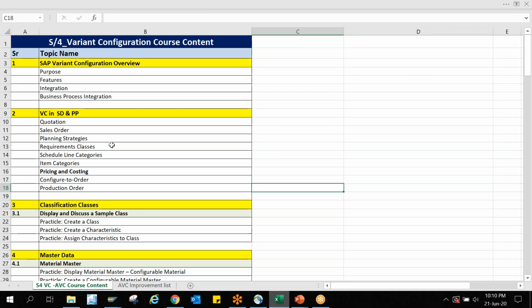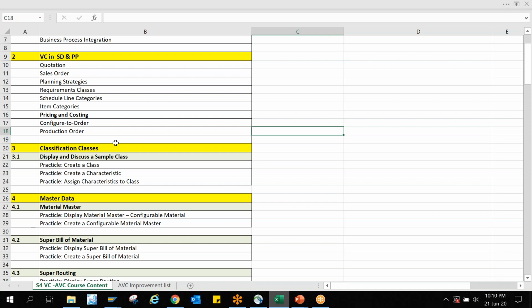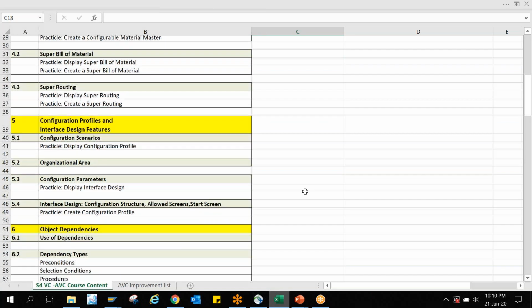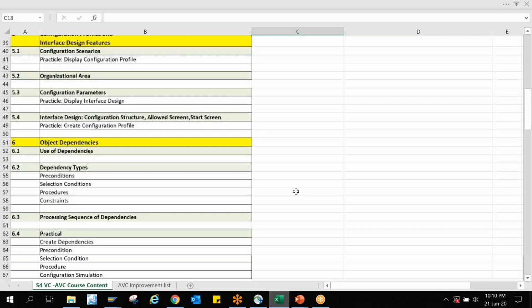Do a couple of products modeling in the entire training, and do the entire activity from scratch. For example, what is the variant configuration? What is the future of the variant configurations? What are the class properties? And then what are the characteristics, its properties? What are the different things which are available in the characteristics? Then what is the super BOM, super routings, configuration profiles, then object dependencies, what are the dependencies, types of dependencies,